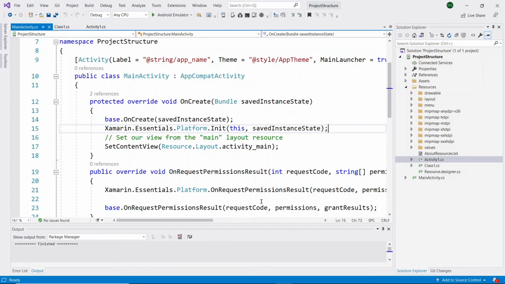If you create any activity in a Xamarin Android application, the OnCreate override method is added automatically. The main use of the OnCreate method is that whatever design we require, the design related XML file we need to call inside the OnCreate method only. Because whenever your activity is called, the first method called inside the activity is OnCreate. So whatever XML file we need to use, we need to call that XML file inside the OnCreate method. Here you can see that with the help of SetContentView, we are calling our XML file. So inside the main activity class, with the help of SetContentView, we are linking our activity class with the XML file.